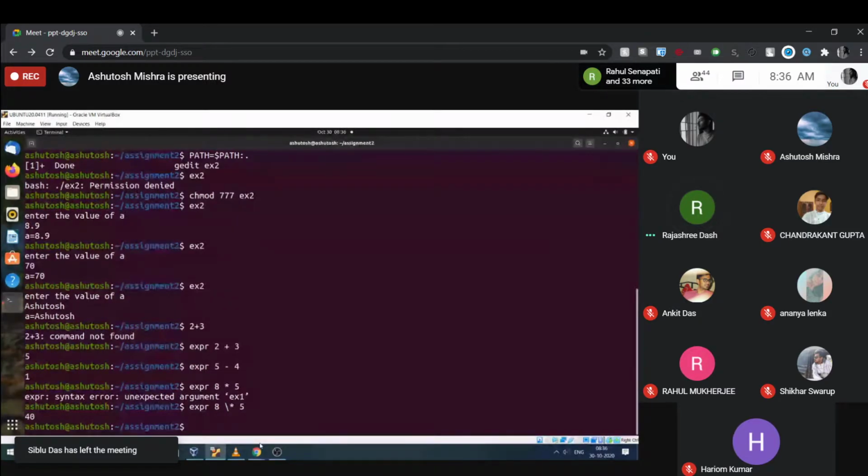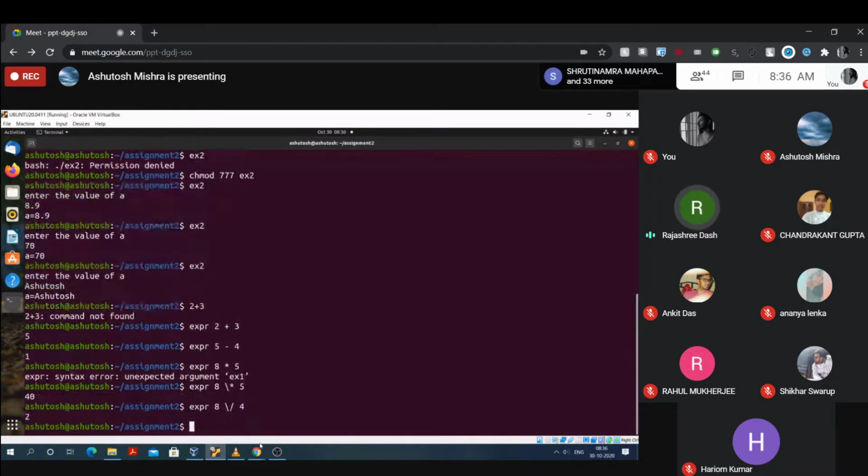Okay. Same way, check for the division. First check 8 divided by 4. Same way, just before the division symbol, put the backslash. Got the output? Now check with the modulo operator. 5 modulo 2. For modulo, the symbol is percentage.